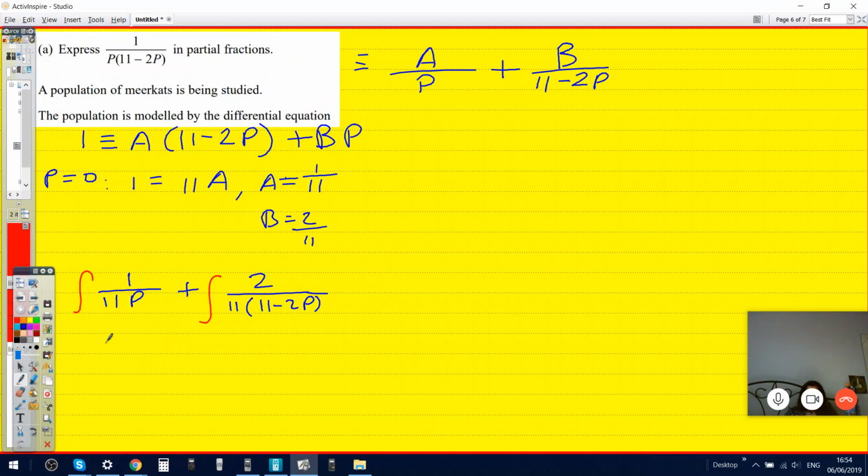So ln |11p| plus 2. Wait, now. Do you have to do a product or something? That's if there was a second p on the bottom. I would just write it as 2 over 11, 2 over 11 ln